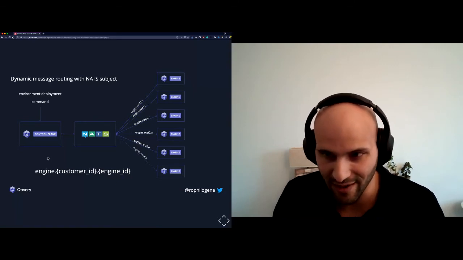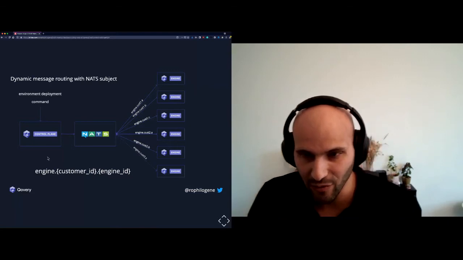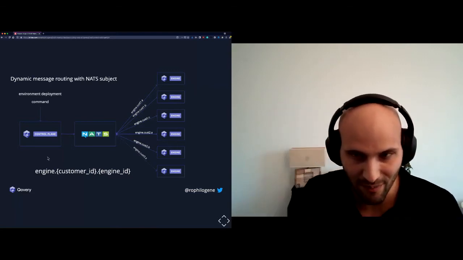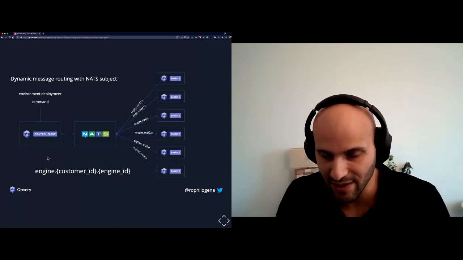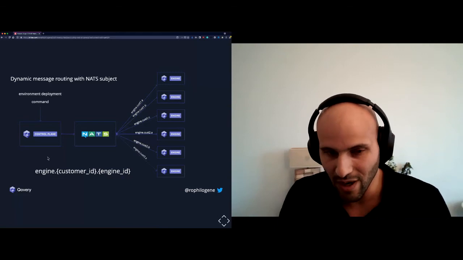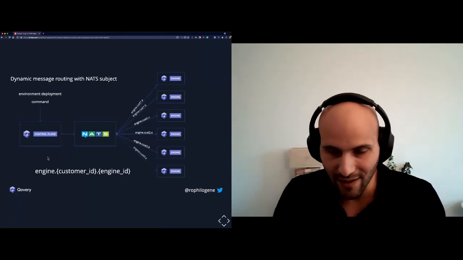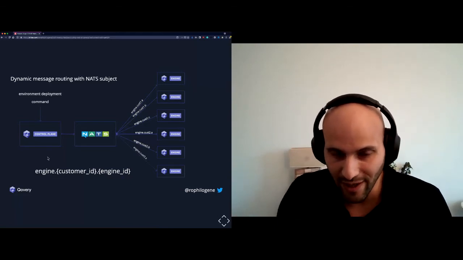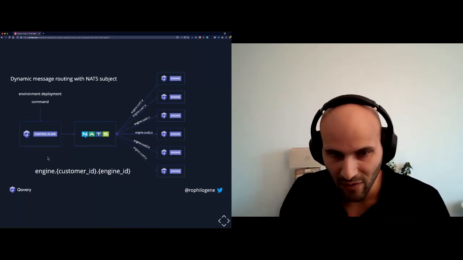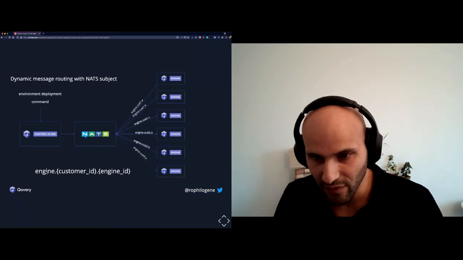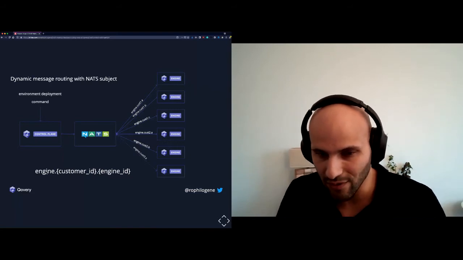And that's where NATS really shines as well, because you have the possibility to create dynamic message routing. You can also use dynamic ACLs to isolate the traffic going through a specific topic, and the engines that are deployed and connected to this topic are only able to connect to this topic. So what you see here is that you have the possibility to broadcast on a key.